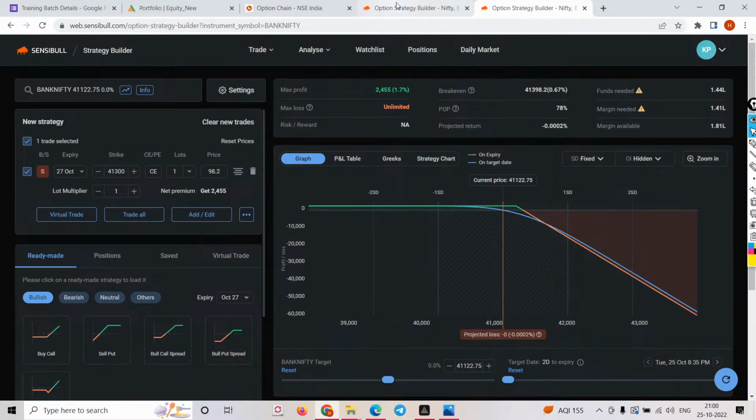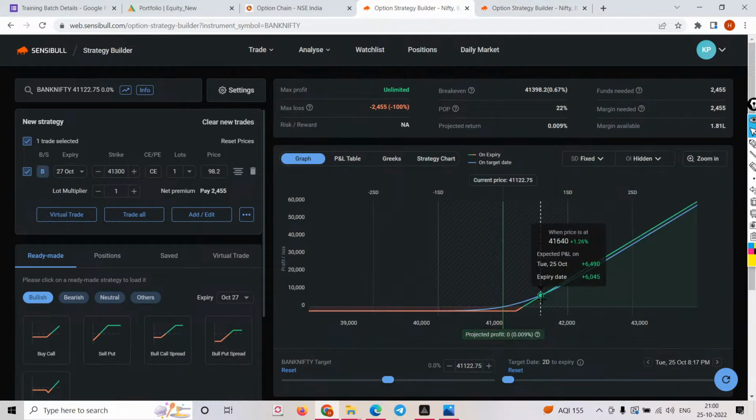I'll tell you one example, right? Let's say today the market made a 1% move. Your profit is 4,838. Let's say you have not booked your profit. You want to hold this trade for tomorrow. Let's say, stay focused, friends, stay focused. Yeah, everyone has given the right answer. Again, I'm telling you,